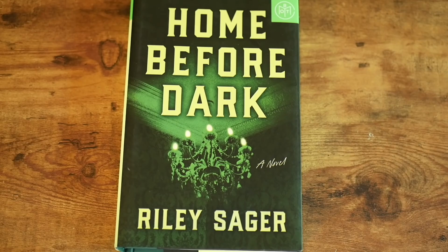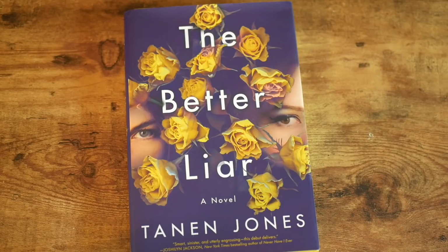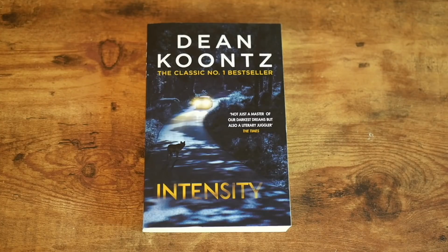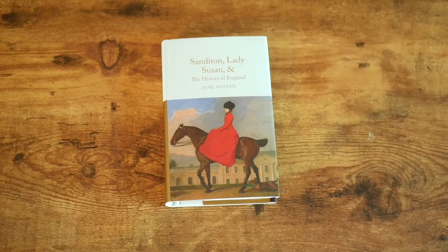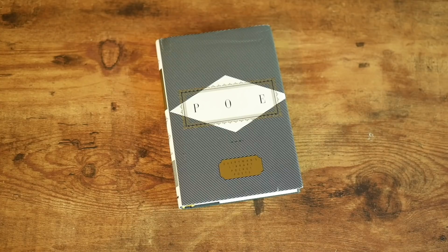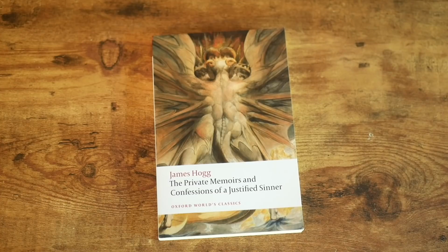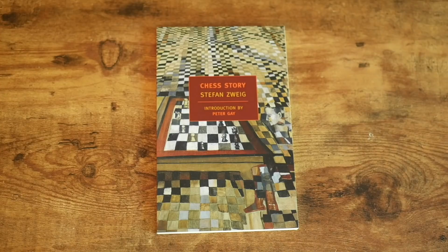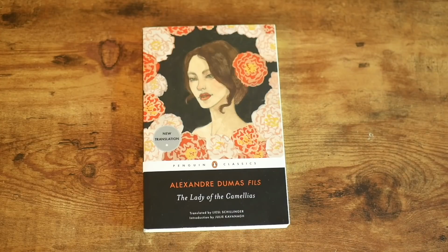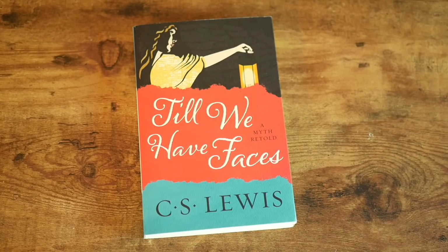Thrillers: Home Before Dark, A is for Alibi, The Last Flight, The Better Liar, Intensity. Classics: Saddleton Lady, Susan and the History of England, Goblin Market and Other Poems, Poe, To Reign in Hell, The Private Memoirs and Confessions of a Justified Sinner, Chess Story, The Lady of Camillas, My Cousin Rachel, Till We Have Faces, Animal Farm